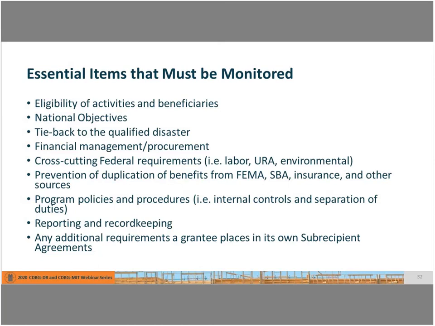Policies and procedures specifically, and we didn't have a lot of time in today's session to talk about internal controls and separation of duties, but this is typically one area of continued weaknesses and risk in subrecipients because of staffing and limited local revenues to potentially adequately fund. So we need to make sure that we are clear that not only are appropriate policies and procedures reviewed and in place, but they include internal controls and the separation of duties, all right? And then finally, any additional requirements that a grantee may implement on their own that exceeds what the minimum standards are articulated by HUD for those specific appropriations,